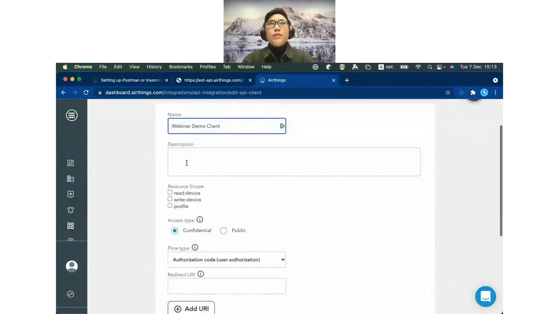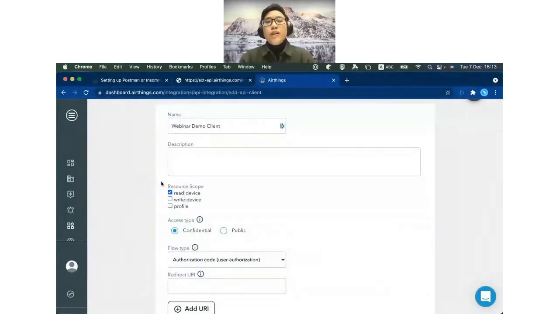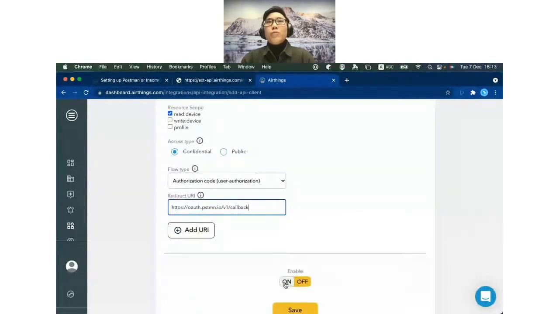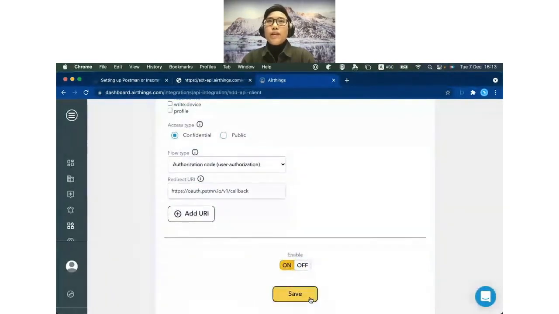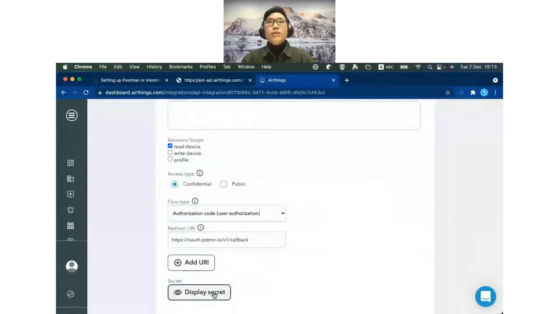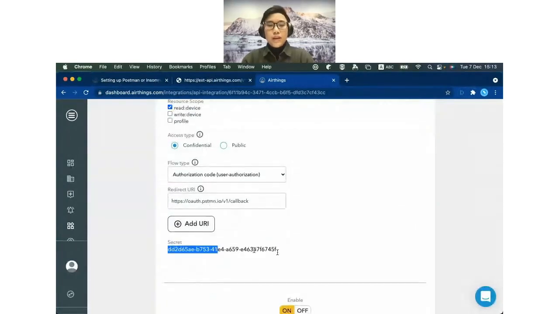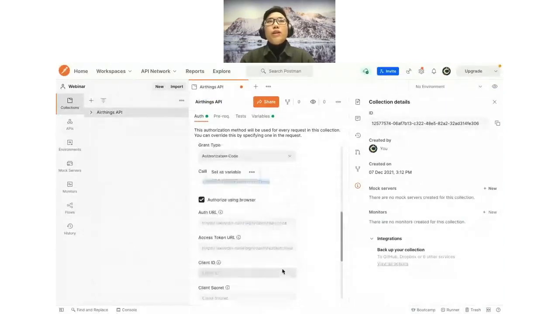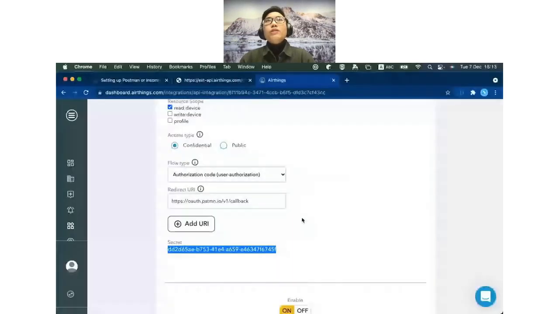Since I will show you how to get a list of devices from our Airthings dashboard, I'll just need the scope of read device. And then we just paste in the redirect URL that we got from Postman. We also want to enable our client. Then after we press save, we should be able to get a client ID and client secret, which we will be passing over to our Postman setup under here. I'll just copy those